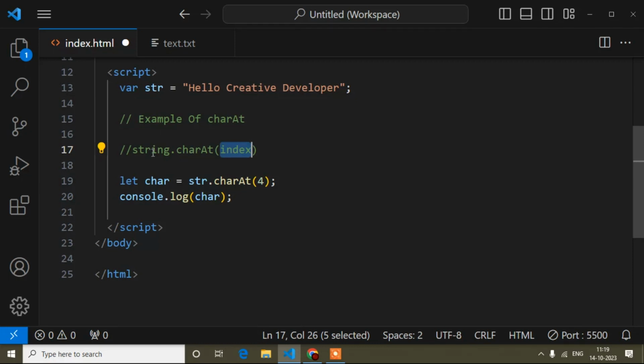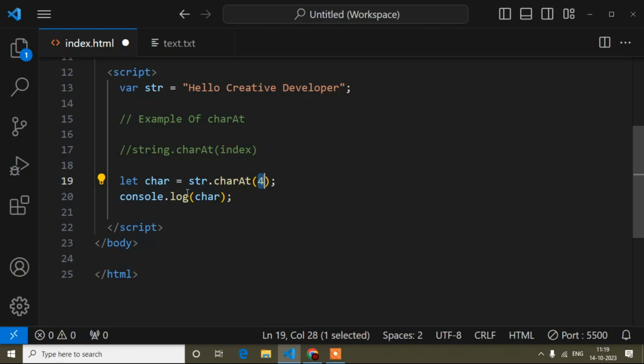Here you can see this is the string. I want to work with this string value, so I store it inside this variable named str. So here I have written str because the string means str in my case. Then the method name, which I have written the same, and then the index. Index takes a number, right? Index is a number, just remember it. Here I have written 4.